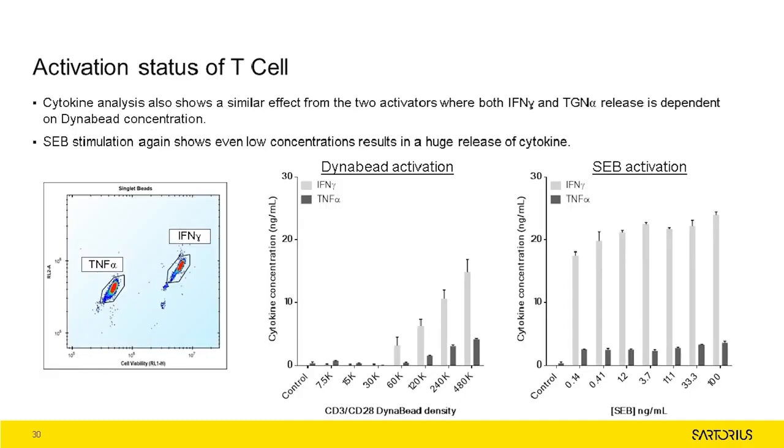Cytokines can also be used to monitor T-cell activation, and analysis from the kit here shows both interferon gamma and TNF-alpha release in response to the activators. It is also possible to add extra Q-beads to these assays by adding Q-bead plex screen kits, which allow for multiple cytokines to be analysed simultaneously. Again, even very low concentrations of SEB produced extremely high concentrations of both cytokines, whereas Dynabeads induced a concentration-dependent increase in cytokine release. SEB is a superantigen and will elicit an extreme response in terms of cytokine release.